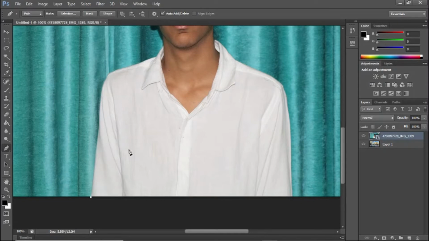Okay, now what it does, the left click creates a point somewhere right here. Now what we're gonna do is left click again somewhere else, but we don't want to release the left click right now. What the pen tool can do is, while you haven't released the left click, you can drag the mouse to make curves. So this really helps because an image is all about curves and lines. Okay, so I've created a straight line for my shirt right here.